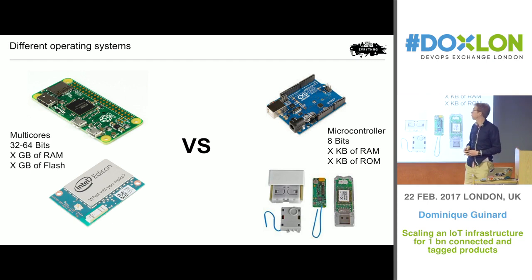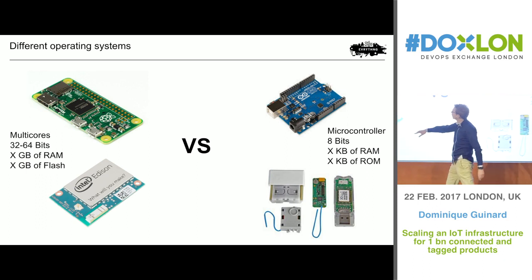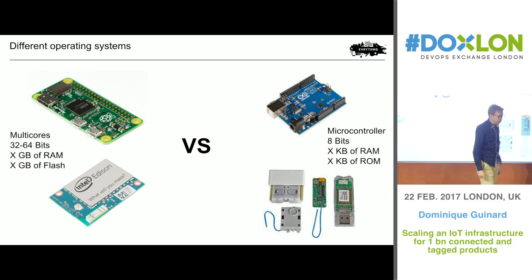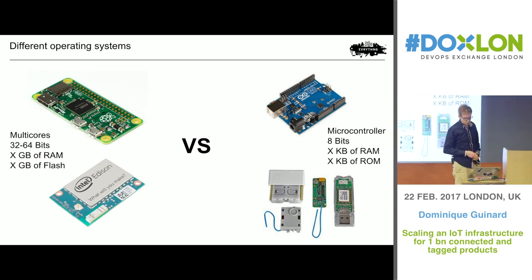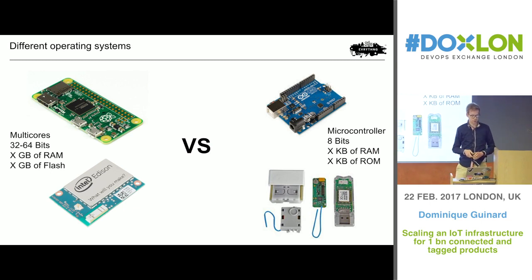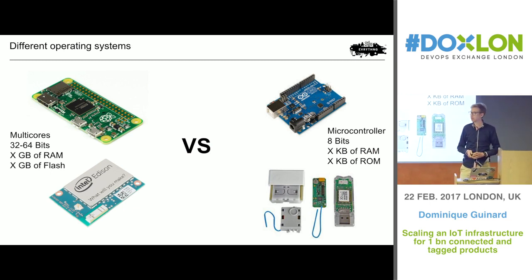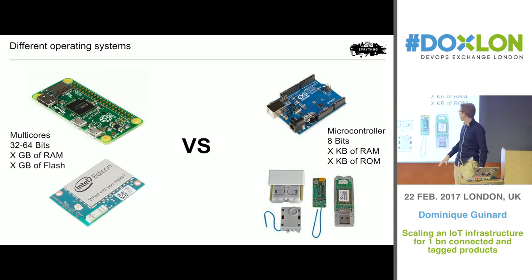Some of them are much more powerful, much more beefy. So that's the Intel Edison and Raspberry Pi Zero. These are multi-core. They have in the order of several gigabytes of RAM and several gigabytes of flash. So cost is really one factor that could make you choose a device that's much harder to integrate with, leading to more heterogeneity. This is, however, changing, right? Things like the Raspberry Pi Zero, just from a cost point of view, has a cost of £4. So, you know, we're getting there.